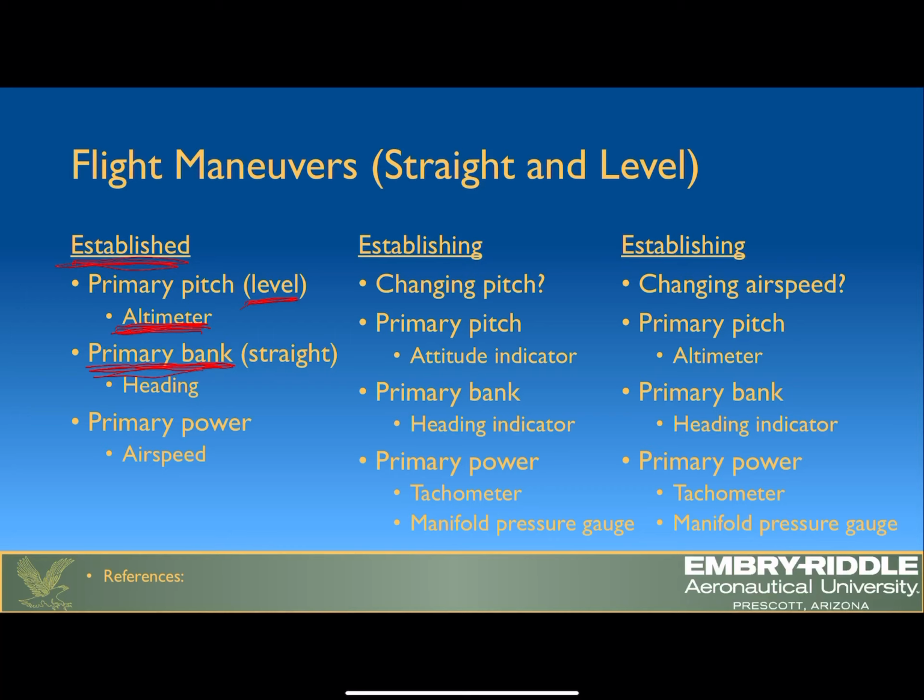I could use it. It should be level, but to keep us going straight, my primary instrument is going to be my heading. Okay, so if we're established, I'm looking at my altimeter, I'm looking at my heading, and my primary power. To keep the power that I want, I should be looking at airspeed. So if I'm established, straight and level, I'm looking at my altimeter, my heading, and my airspeed to make